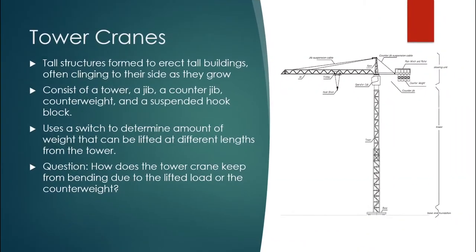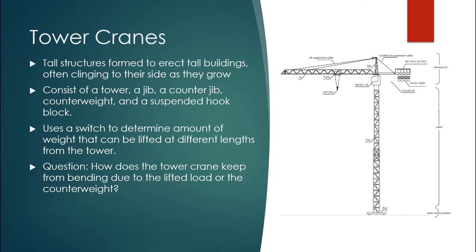But moving on, now we can actually talk about the tower cranes. These machines are very tall, and can actually erect skyscrapers like the Burj Khalifa, and kind of grow with them by being supported by and attaching to them. As you can see in the diagram on the right, it has a tower, a jib, a counterweight, a counter jib, and a suspended hook block, which are pretty much the most important parts as far as our calculations go. It also operates with a limit switch to determine the weight limit of the machine at a given